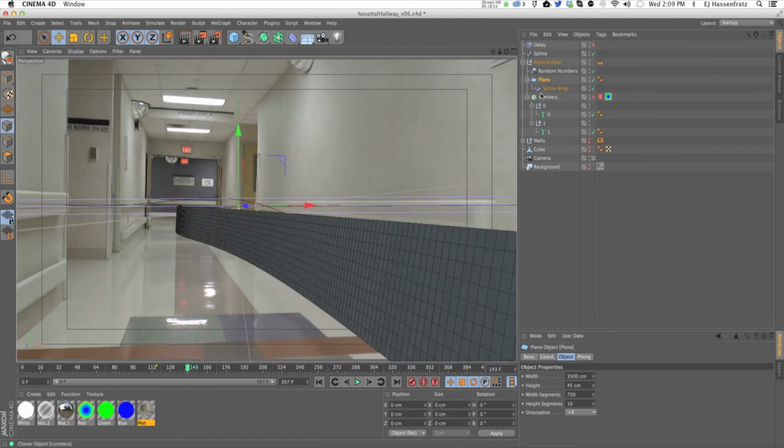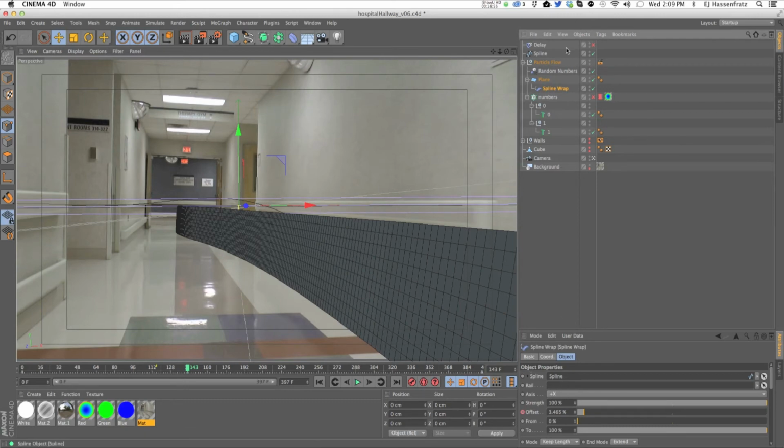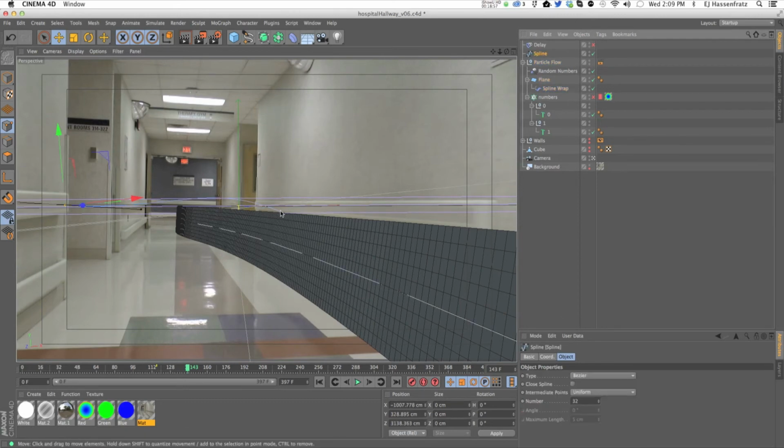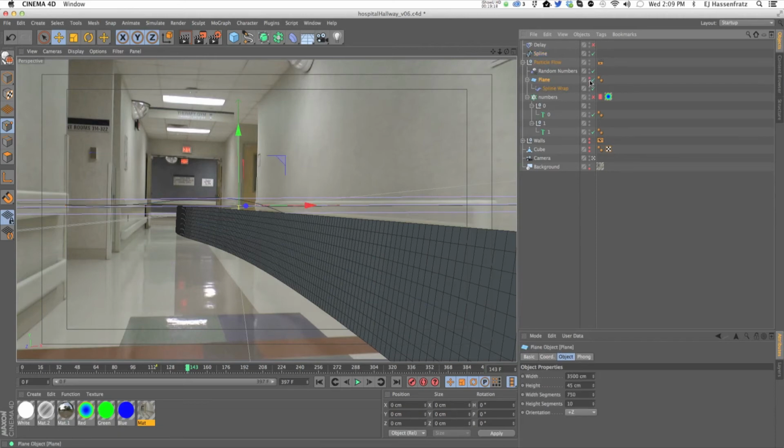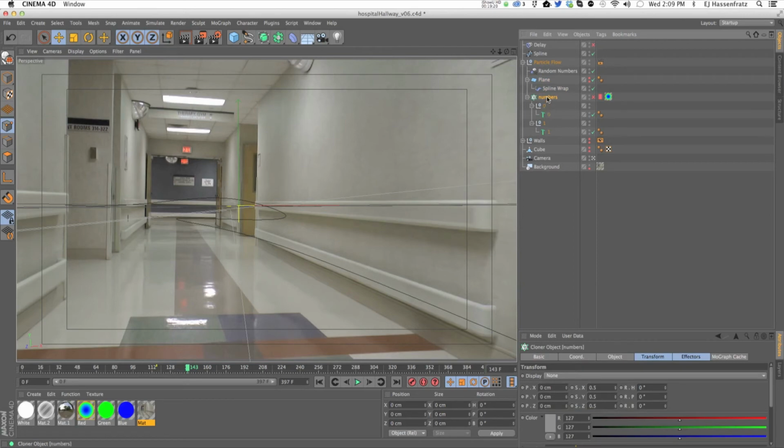This is just a plane that has a spline wrap wrapping around that same spline, tweaked a little to make it less curvy and more uniform in its movement, because when this overlaps on itself, it looks odd if it takes too tight a turn around the spline. So I'm going to hide this spline. All I had to do is clone numbers onto that plane object and clone along